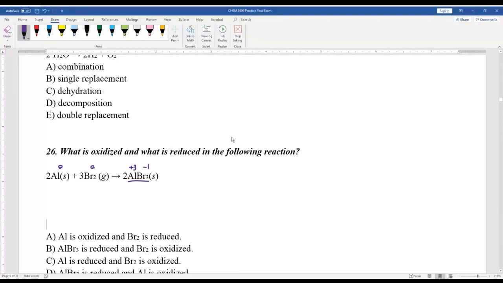As far as you're concerned, with the types of problems you're going to get, you probably are not going to have to do any of the more complicated oxidation number stuff. So oxidation number for most of what you're going to be dealing with is going to be the same as the charge. So if it's an ionic compound, look for the charges. That'll be your oxidation number. If it's a covalent compound, then it's a little bit more tricky, but usually you're not going to get those. So in this case,